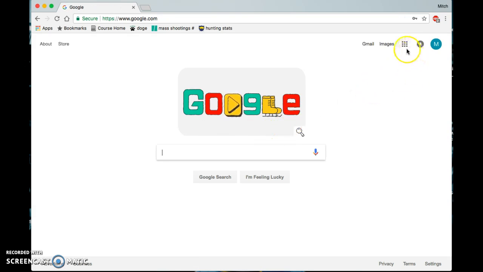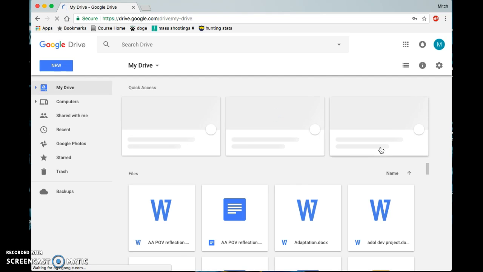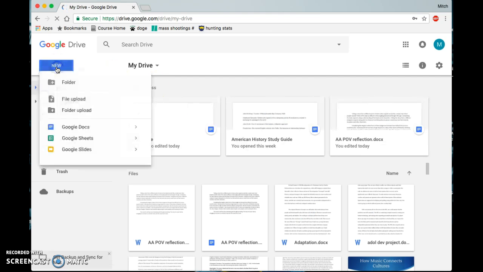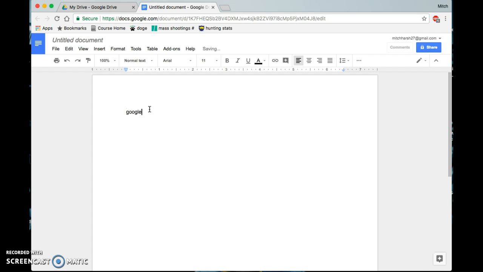Okay, and then you're going to want to come up here to applications, this square of little squares. Click on Drive. And you can either start a new document, and you can either do Sheets, which is like Excel, or Slides, which is like PowerPoint. But we're just going to do Docs to keep it simple. And you can type in whatever you want here